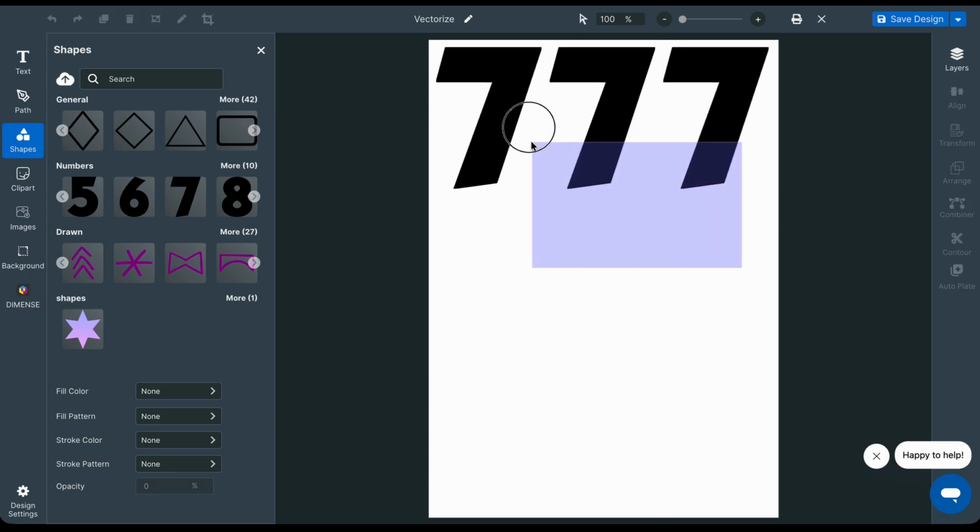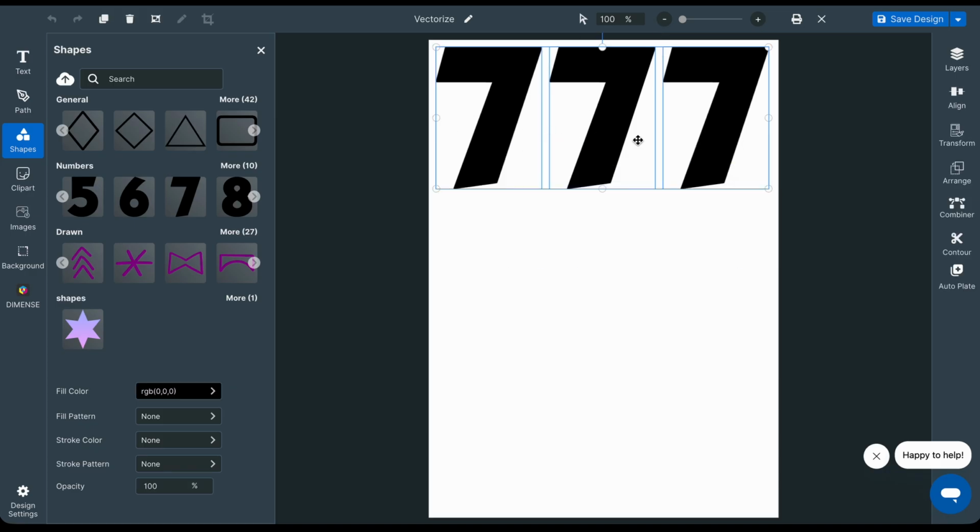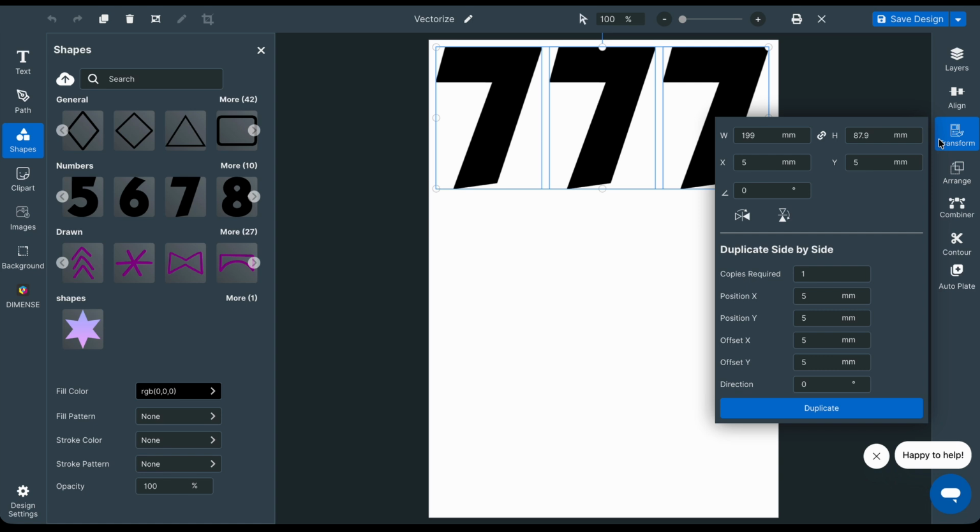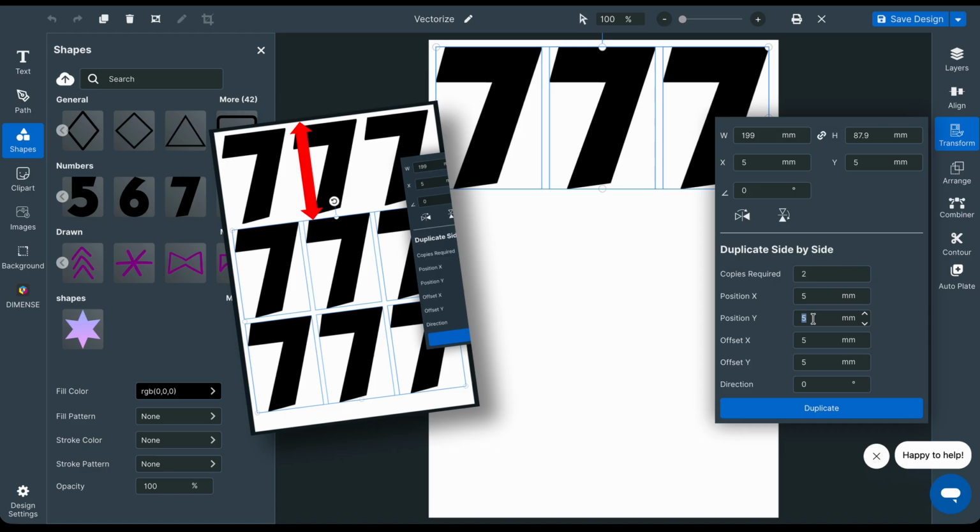To duplicate vertically, the same workflow applies. Activate the object or objects to be copied. Open the Transform tool. Type in the number of copies required. To place the copies in the same horizontal position as the original object, position X needs to be the same X position value. Position Y of the first copy is calculated by adding the height of the object, plus the